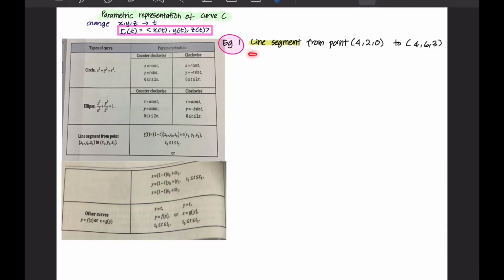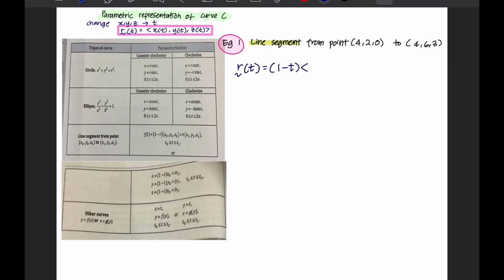If the curve is a line segment from this point to this point, then you can refer to this row. So r(t) is given by this formula: 1 minus t multiplied with the first point plus t multiplied with the second point. So for this example, r(t) equals 1 minus t multiplied with vector